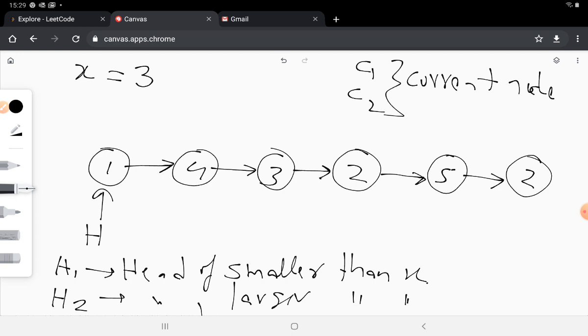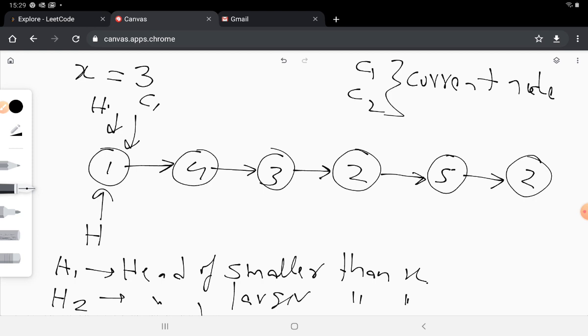So we have our head pointer pointed at the beginning of the list, and our h1 and h2 are not initialized at the moment. So once we are at the first node, which is the head, we check its value and compare it with 3. So if it is less than 3, we initialize the h1 pointer to point to it, and also initialize the c1 pointer to point to it. Now we move forward in the list.